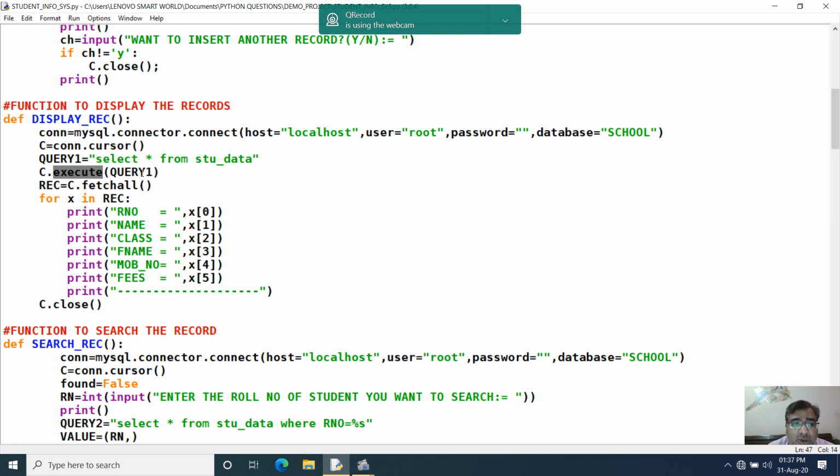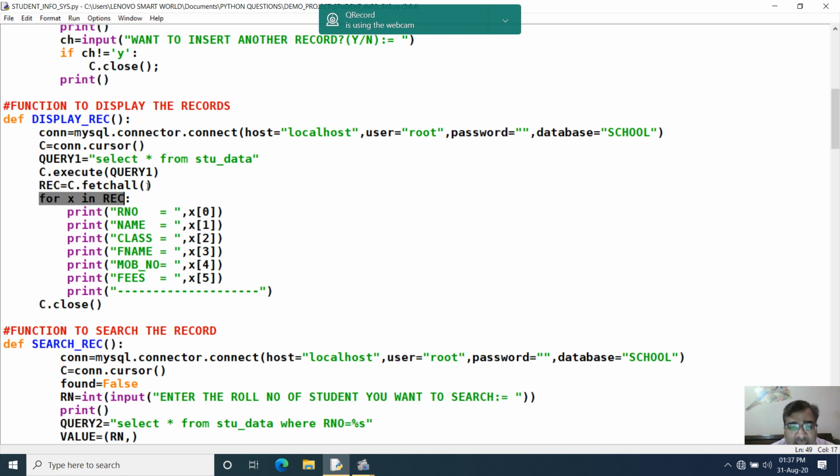So I am using the function fetchall. Fetchall means you want to access all the records. Use this function with the help of the object and assign the records to a variable. I have taken REC, you can take any variable. Now using the for loop, one by one access all the records and display them.